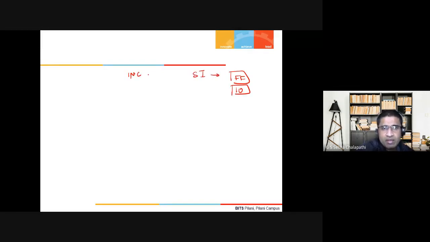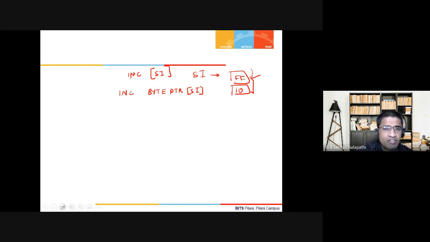If I say increment SI brackets, it is not known whether you have to increment only one location or see this as one location. But if you say increment byte PTR SI brackets, then it will just increment this particular FF.